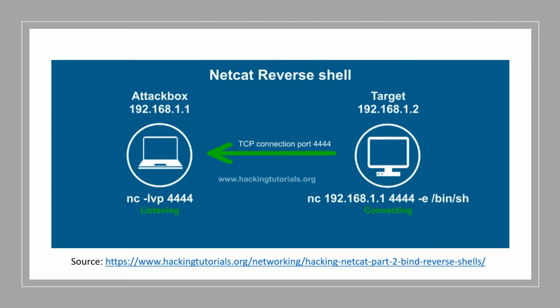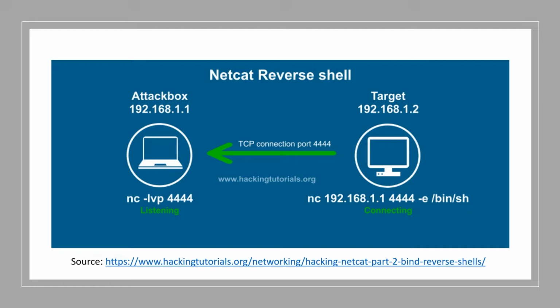The most common shell you're going to see is what is called a reverse shell. Now in this example, it is using a tool called Netcat, which you're going to see here shortly. And a shell, all a shell is, is access to a machine. So when we say we pop a shell, that means we get access to a machine. Now a reverse shell means that a victim connects to us. Here you see it says target connecting to attack box,